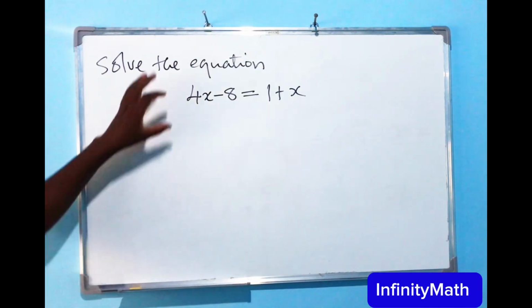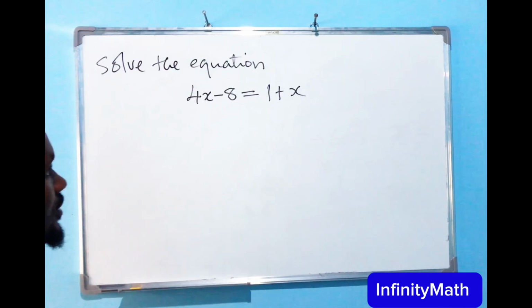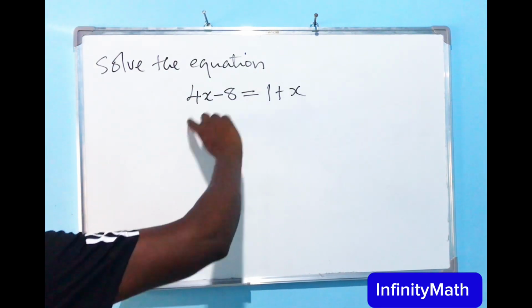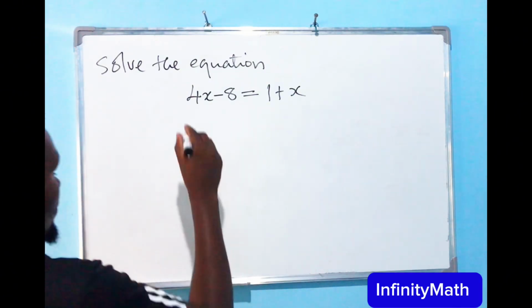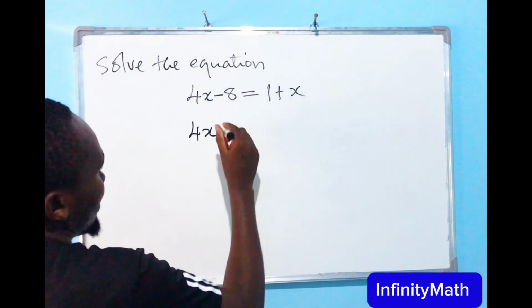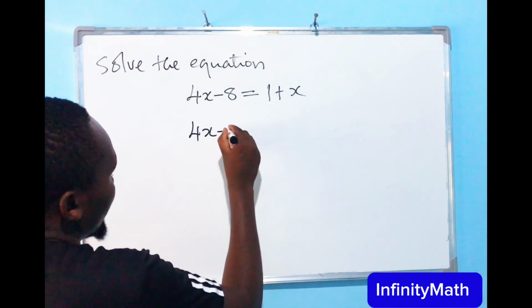The first thing that we need to do is to collect the like terms. Because there's x here and there's also x on the other side, we can bring this x to the other side. So when 4x comes to the other side, we can use the additive inverse, so we can say 4x minus x